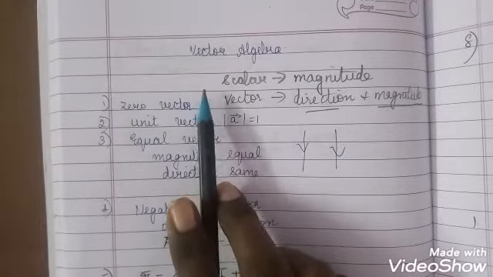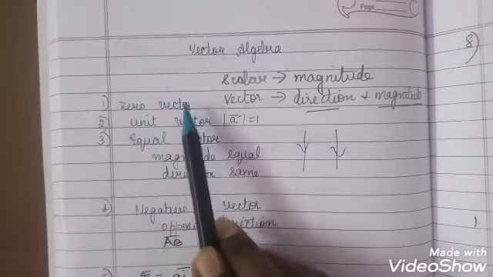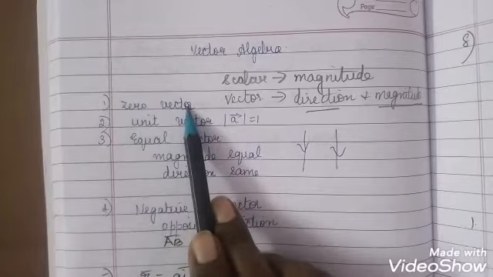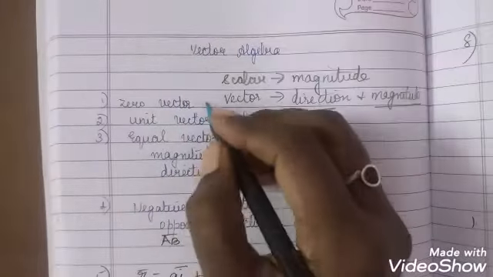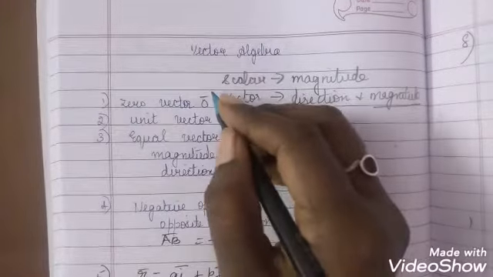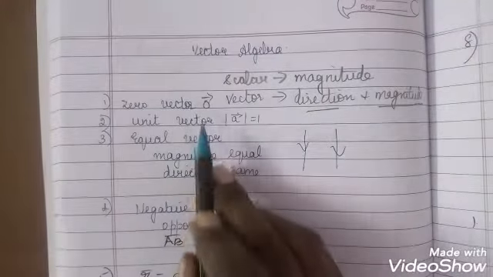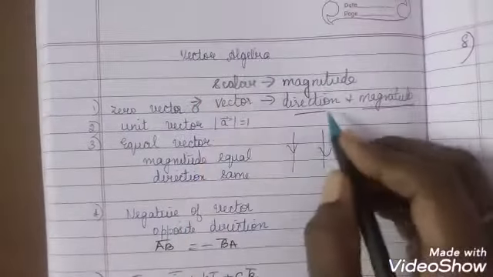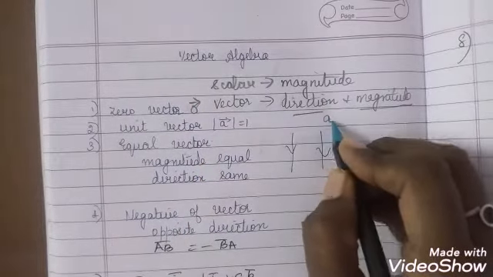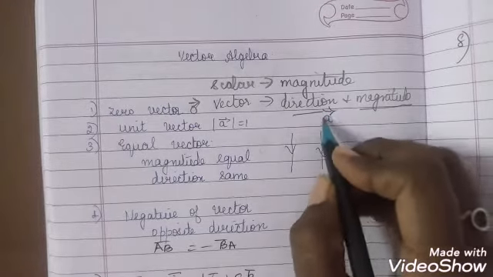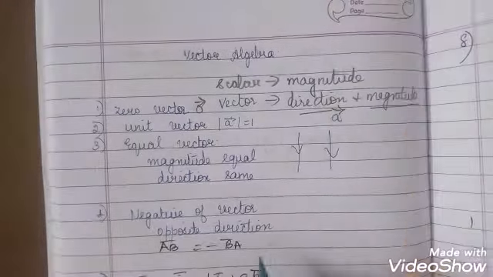Under this vector algebra, first of all, here I have written the different types of vectors. First is a zero vector. So what is meant by a zero vector? One which has got zero quantity here. This only we call a zero vector. So how do you generally denote a vector quantity? Suppose I have a vector, we just write it like this with an arrow in the direction here. This denotes the magnitude and the direction.